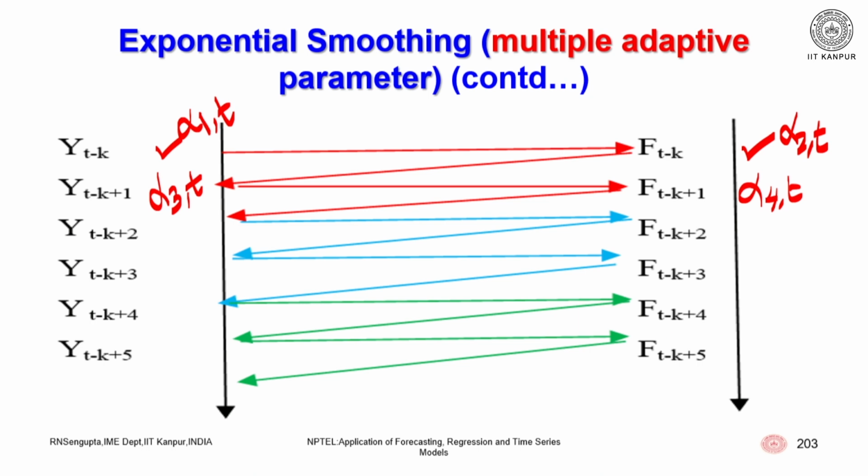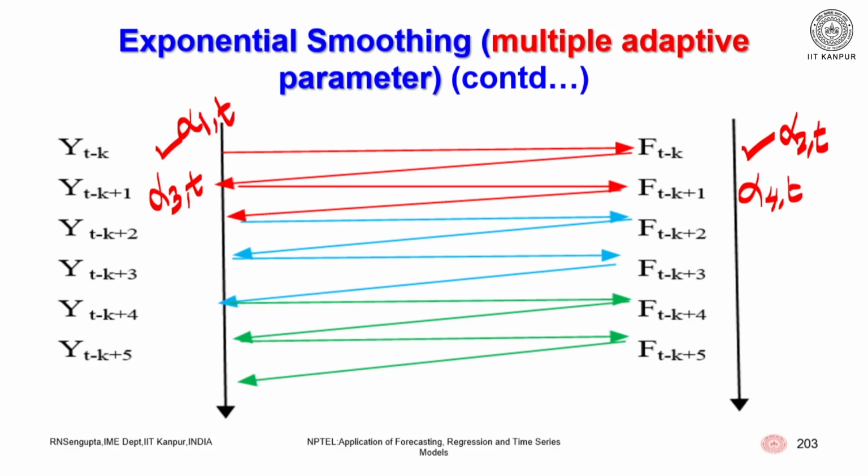And obviously, the main constraint which will always be true is the fact that the sum of the parameters, whether they are changing or not changing for the non-adaptive case, would always be 1. That is point 1. Point number 2, if you remember, for the multiple non-adaptive parameters exponential smoothing, I considered alpha